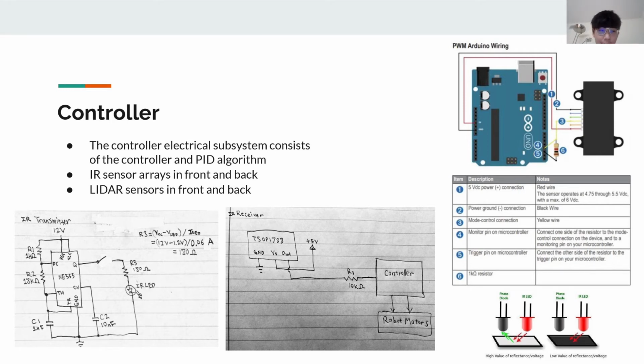And if the mode control pin is held low, then it's going to continuously measure indefinitely, producing a variable frequency output that's proportional to the distance. So essentially, the frequency of the output is going to change depending on how close an object is to the LiDAR, how big that distance measurement is. So using this information, we can convert the frequency into a distance measurement for a controller, and then we can use that information to tell the motors to stop or move a certain way, depending on where objects are and